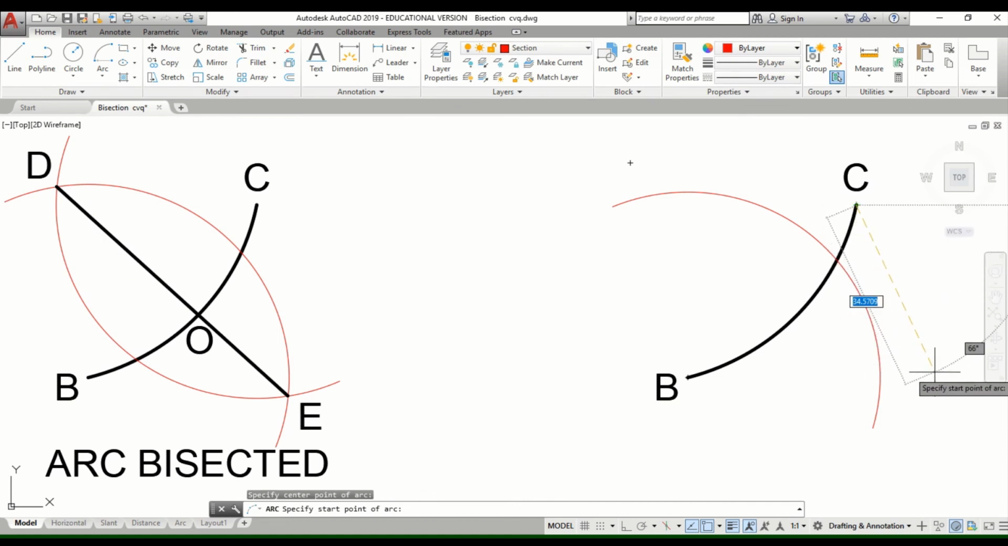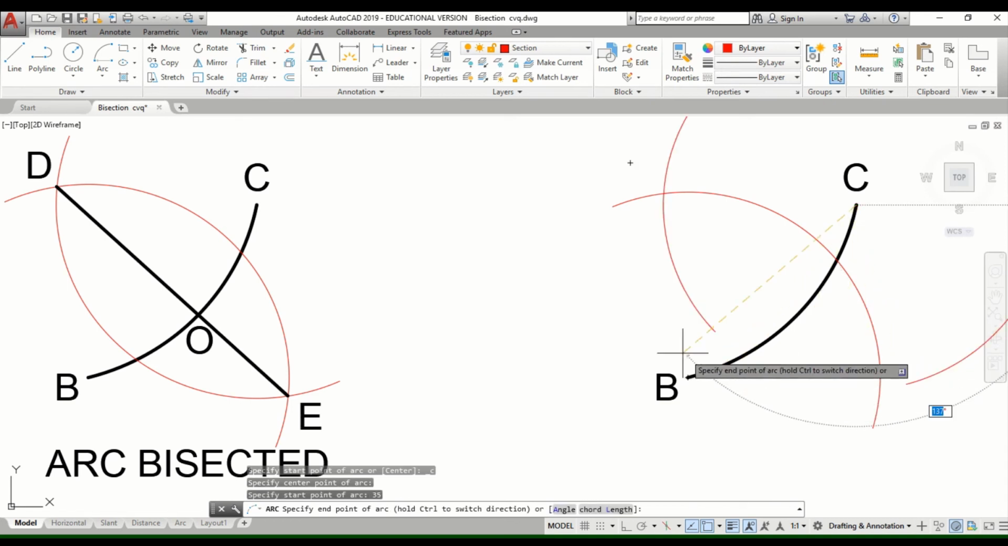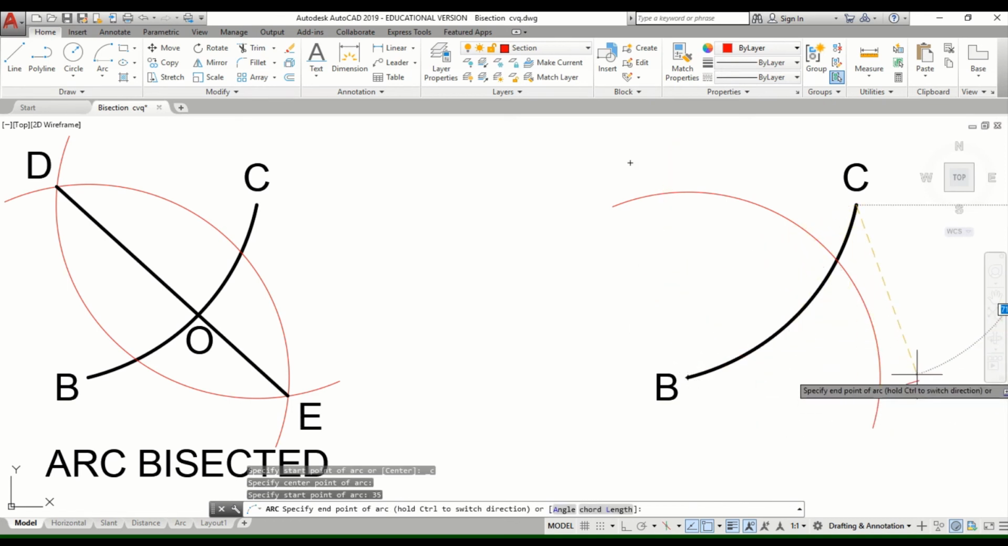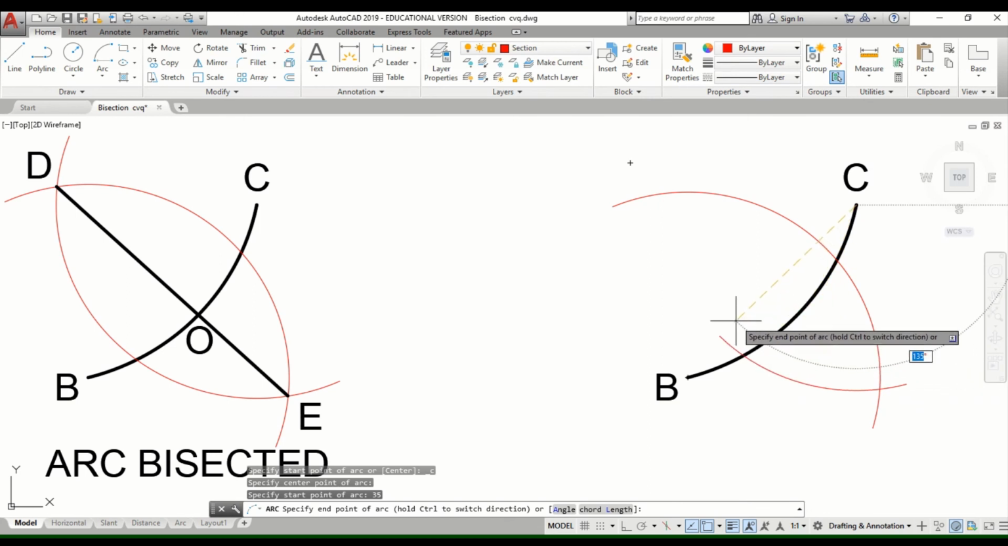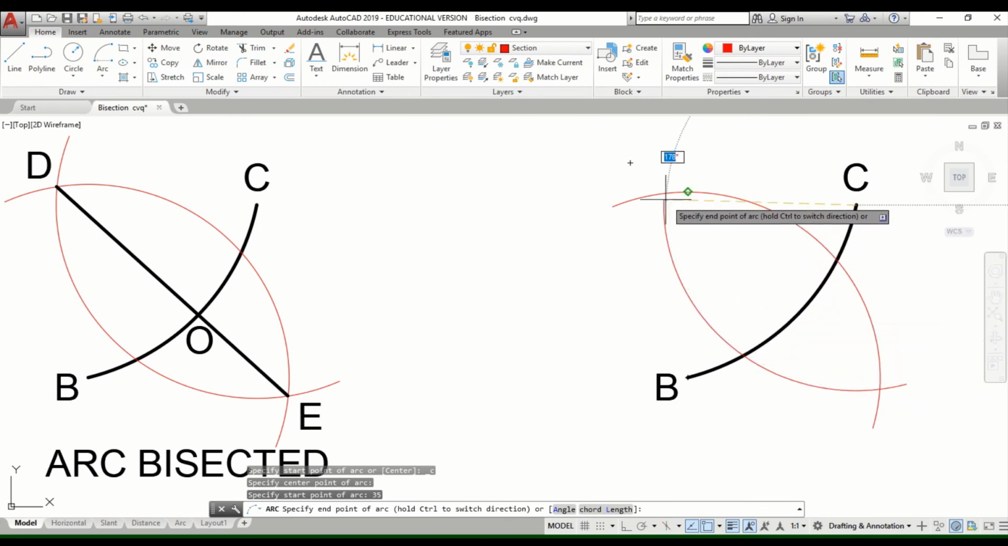Now let's say I begin at the bottom here, 35. Look what happens. The arc tends to, the movement is anti-clockwise. But how can I change that? By pressing the control key. If I press the control key, I could now get my arc to swing clockwise